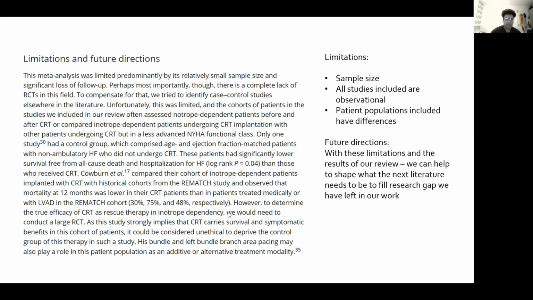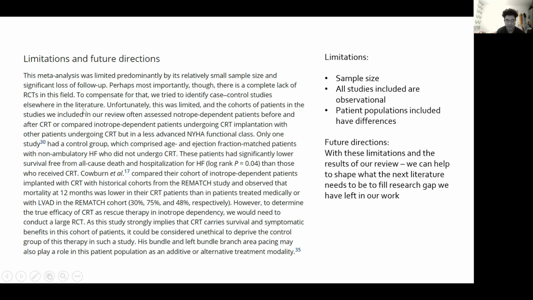But yeah, this is another one that we did from the study. Again, the main things, so we've combined future directions here. That's something that some journals will ask for, some won't, but some people would like to talk about anyway. It's quite helpful. So yeah, the things we've specified here are limitations being sample size, lack of RCT, so all